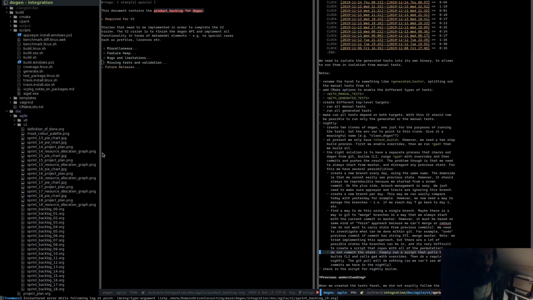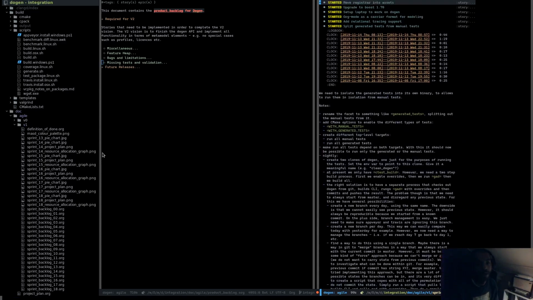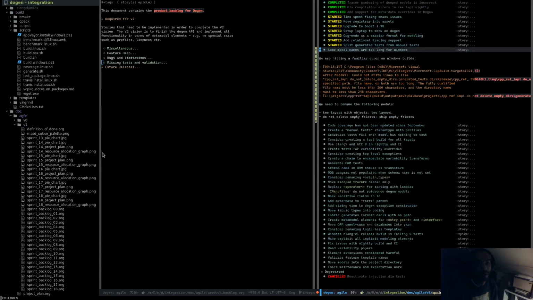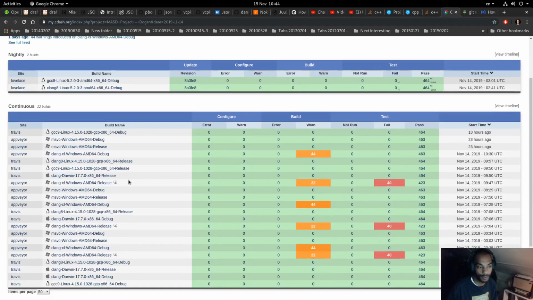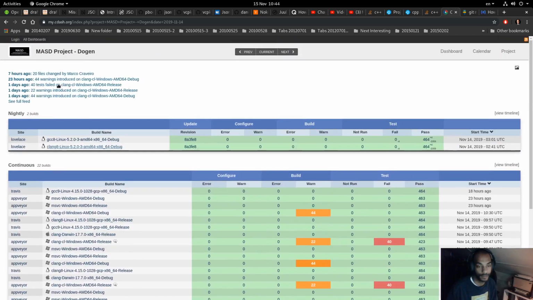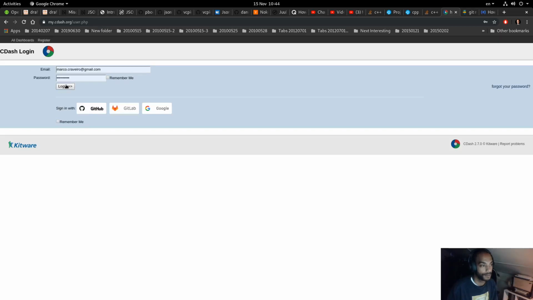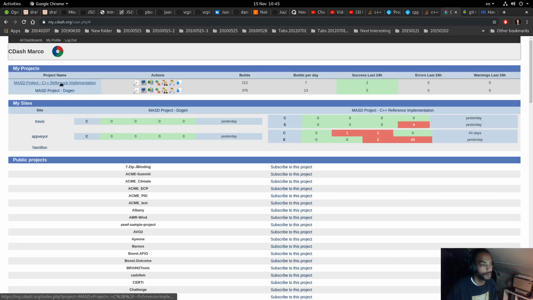I've already, whilst you were away, started rewriting the script in those terms. I also spotted, or wrote a story for, the problem we're having with the Windows builds. So the current state in terms of the builds is the nightlies are looking okay. Pretty much all the builds, with the exception of the Clang CL on Windows release, are green for Dogen itself. And in terms of the reference model in C++,